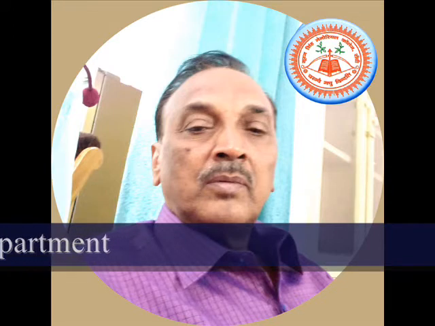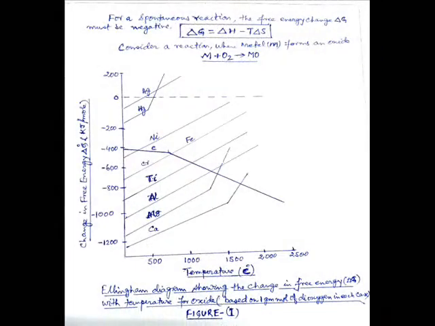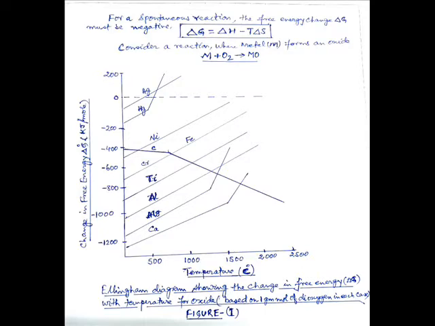The free energy change that occurs when 1 gram mole of a common reactant, in this case dioxygen, is used may be plotted graphically against temperature for a number of reactions of metals to their oxides. This graph is known as the Ellingham diagram. Now concentrate on the diagram. The Ellingham diagram summarizes the temperature dependence of the standard free energy of formation of a metal oxide and is used to identify the temperature at which reduction by carbon or carbon monoxide becomes spontaneous.